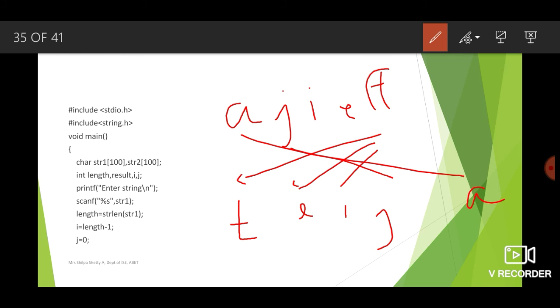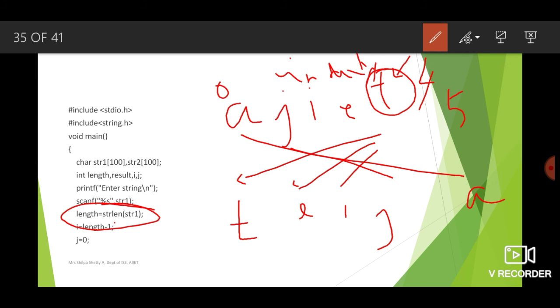So this is how you will get the reversed string. Now, to copy first the last character from the first string, you need to know the index of the last character. That's why we are finding the length. The length of this string is how much? 5. So if the length of this string is 5, then the index of the last character will be 4. That is, the last character is T and T's index will be 4, because the indices are 0, 1, 2, 3, 4 for five characters.